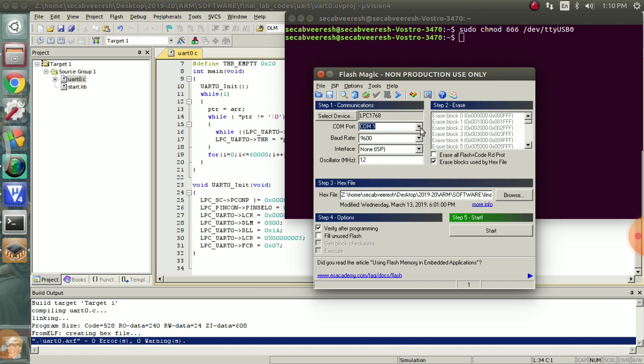Then step 2, erase blocks used by hex file only. Then step 3 is selecting the hex file location. Then step 4 is verify after programming.